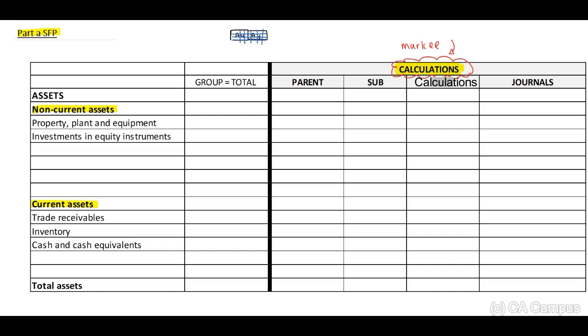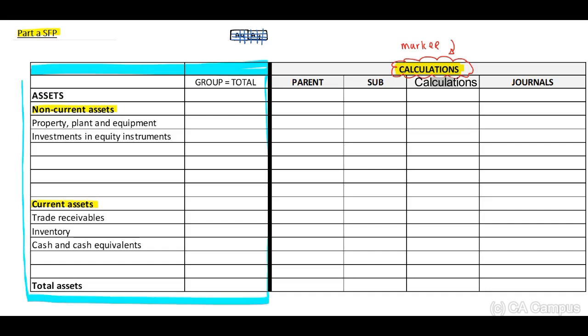Yes, guys. But the requirement states that you need to include this section here, guys. On the left side, this is your requirement. This is what you need to include. On the right side, this is my calculations. I know that I need to include 100% for my parent. I know I need to include 100% in terms of my subsidiary. And then I indicate journals. You can include calculations. You don't even have to include a heading, because this is in terms of my intra-group